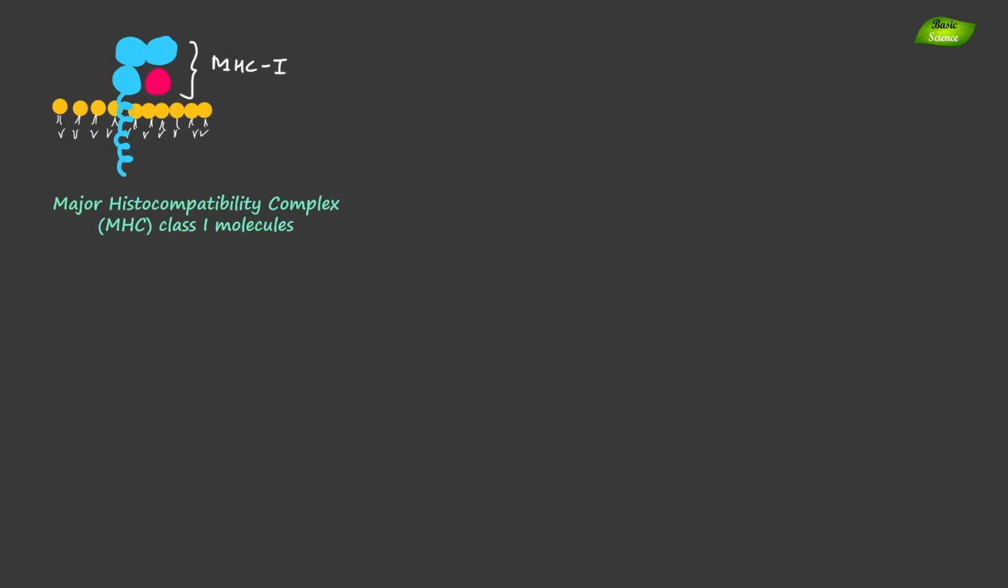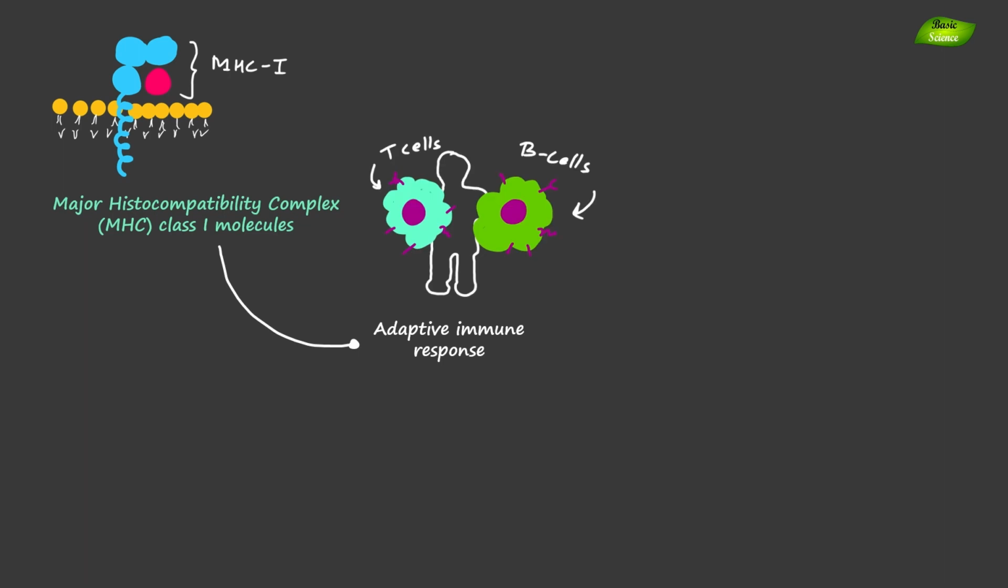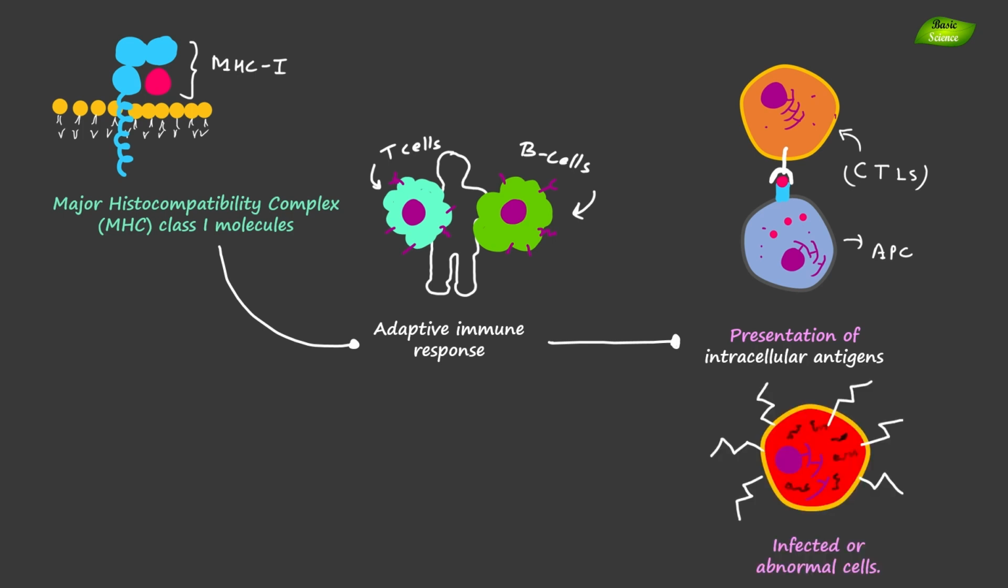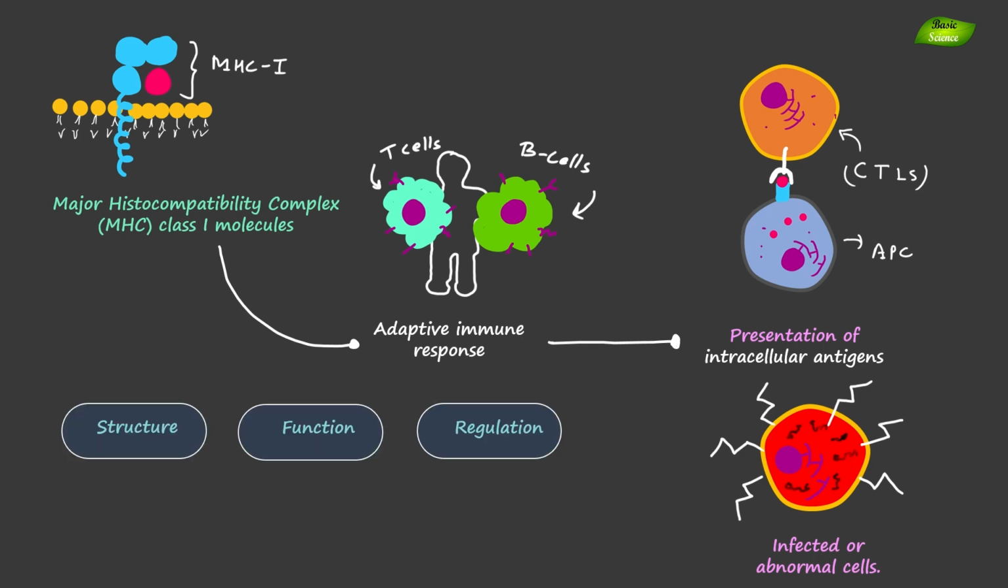Major histocompatibility complex class 1 molecules play an important role in the immune system, especially in the adaptive immune response. These molecules are important for the presentation of intracellular antigens to cytotoxic T cells, enabling the immune system to recognize and eliminate the infected cells or the abnormal cells. Understanding the structure, function, and regulation of class 1 MHC molecules is essential for understanding the intricacies of immune surveillance